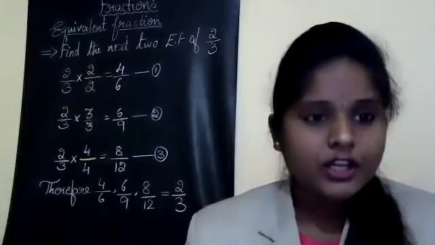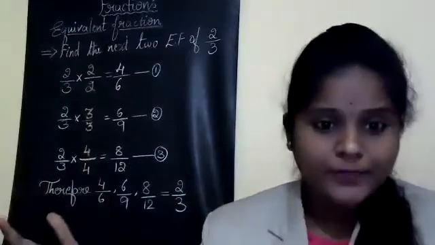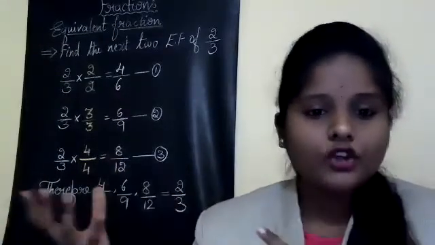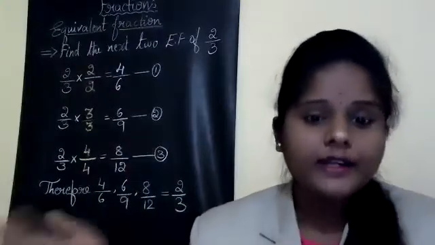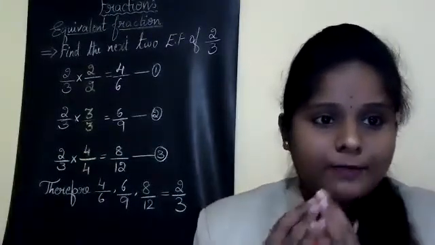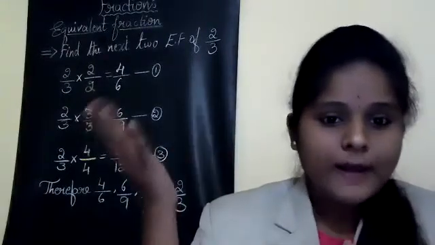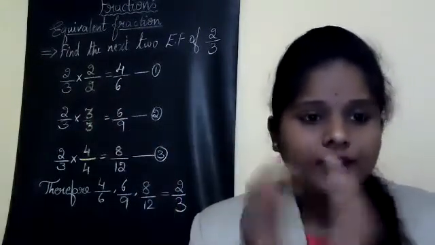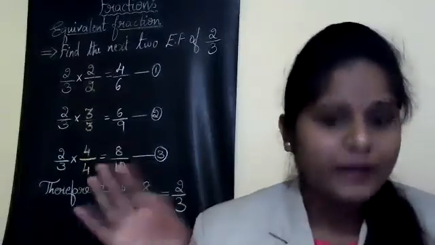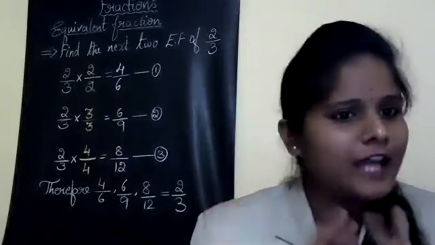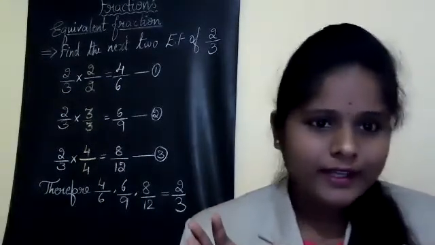So the numerator and denominator of the fractions are different, but the value remains the same. That is what an equivalent fraction is. Here the fractions were 2 by 4, 3 by 6 and all, but what was the value? Half. That means I have to have half an apple. You divide it into 10 pieces and give me, no problem, but I will have half of it. That's all. Okay? Nothing else. Are you understanding equivalent fraction? Are you getting it? Okay.